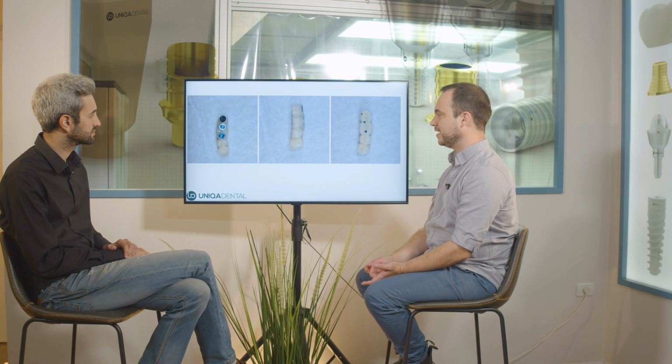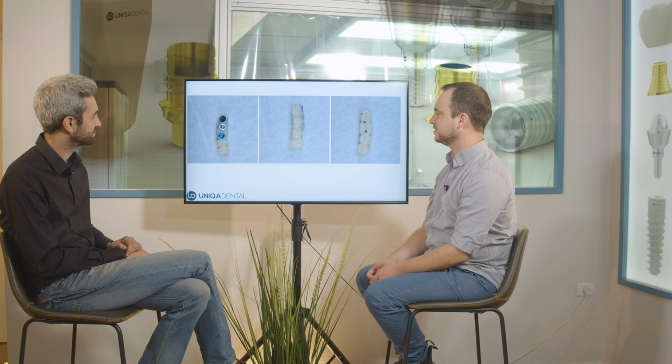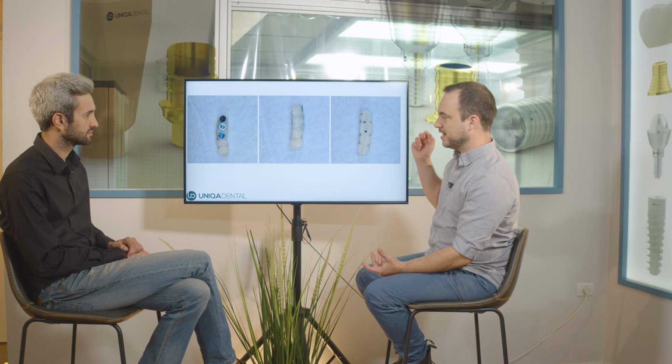So this is the bridge that we got. You can see that we don't have 1 cantilever, we have like 2 cantilevers. 2, 1.5, depending on how you call it. Because the previous bridge was 3 crowns on 3 implants, but the separation was 3 small teeth. So now we chose to have 2 bigger teeth and instead make 2 small cantilevers. And 3 implants is enough to hold the...